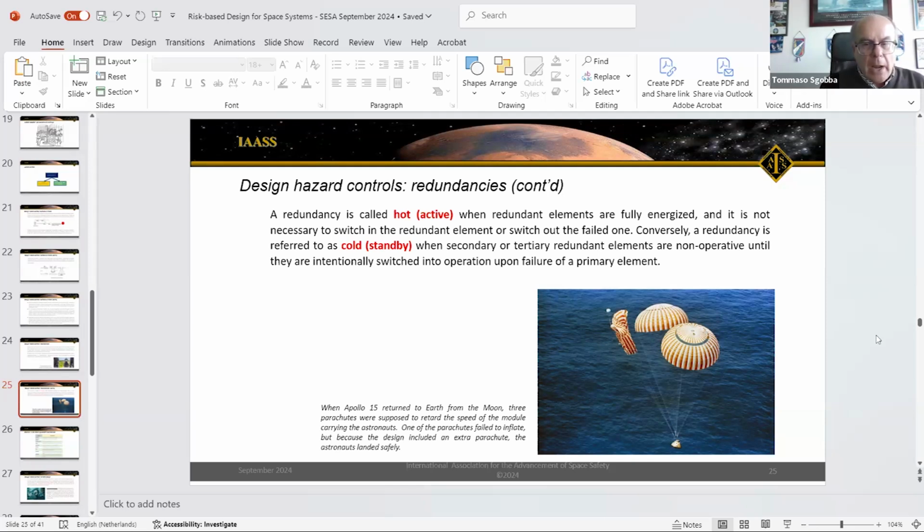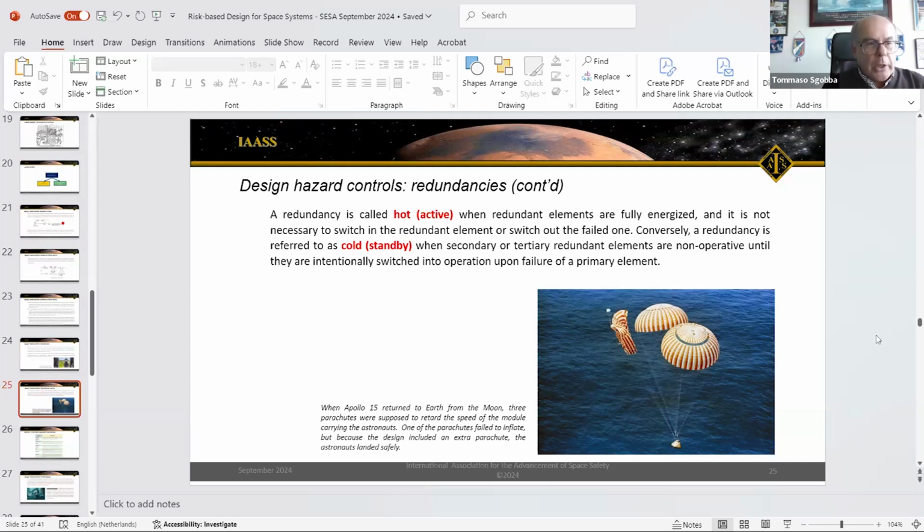By adding a redundant parachute, you are decreasing the reliability of the system. However, the one that failed was 1 out of 3, where 2 were sufficient. Therefore, you were penalized in terms of reliability, but you were safe, because if you had just a 2